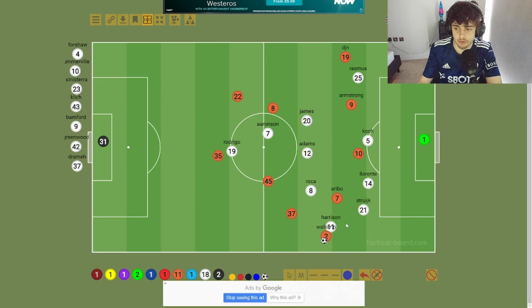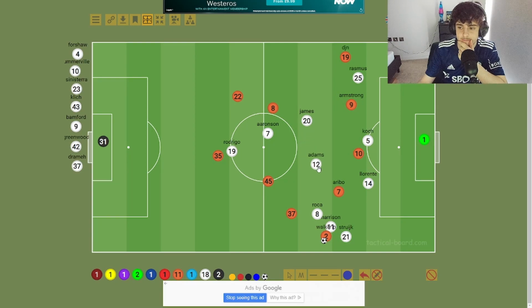Because Harrison has to go to him. If Strauch goes to him as well, and if Rocker goes to him like we were doing in the first half, the problem is Aribo here, because he was always in between the men. And he'd make this run, he'd make this run. So then there's a problem if you do this. Especially when the players are more tired, this exposure here is what killed the game for us, in my opinion. Say we did this, 1v1 here, Walker Peters and Harrison.